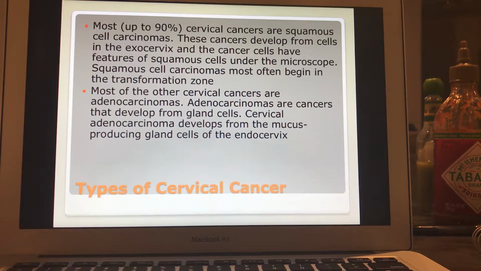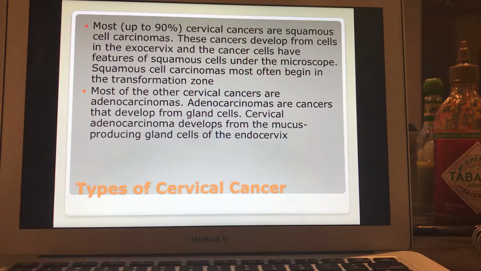So, types of cervical cancer. Most, up to roughly 90%, cervical cancers are squamous cell carcinomas. These cancers develop from cells in the exocervix, and the cancer cells have the features of squamous cells under the microscope. Squamous cell carcinomas most often begin in the transformation zone. Most of the other cervical cancers are